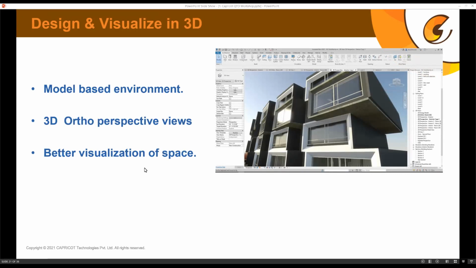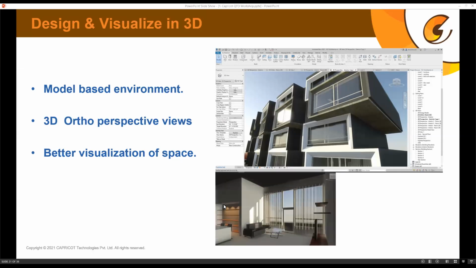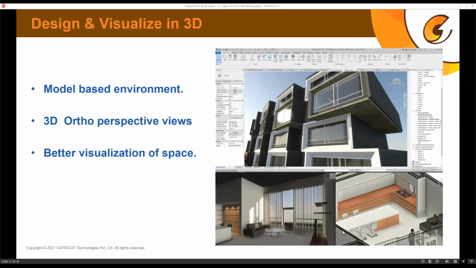and we can obviously get a better visualization of this space. So the people who are not technically aligned may also understand. We can also convey our design to those people who may not be technically aligned to understand all these drawings. So for better visualization, we can use it. These are a few images of the realistic view of this software. These are not rendered images. These are just realistic views. You can use an online render service, or maybe you can render it on your system as well. And you can also create a walkthrough by using this. So not only 2D, you are also creating 3D as well.